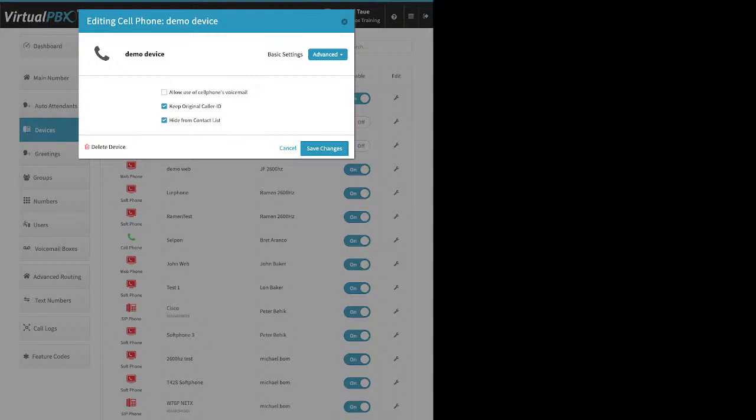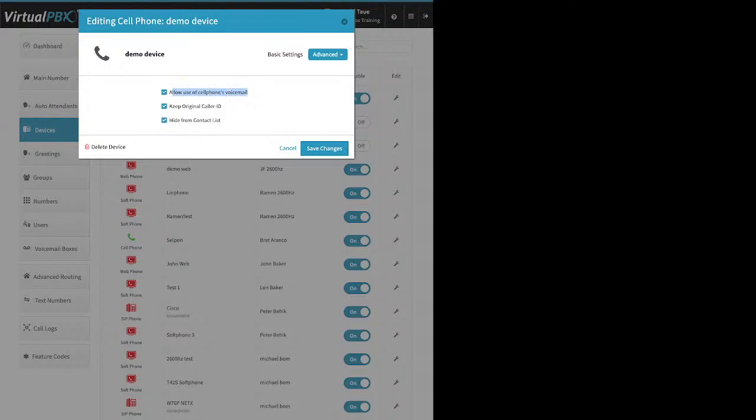Now, when we're sending calls to a person, pressing 1 kind of makes sense. It's a way for your staff members to know, oh, this is a work call, when they hear it. However, let's say you have contracted with an automated answering service to handle your after-hours calls. So they gave you a phone number and said, hey, just send your calls to this phone number and we'll handle the calls. So you would add that phone number here as a device, as either a cell phone or a landline. But what you would want to do is under these advanced options, click here where it says allow use of